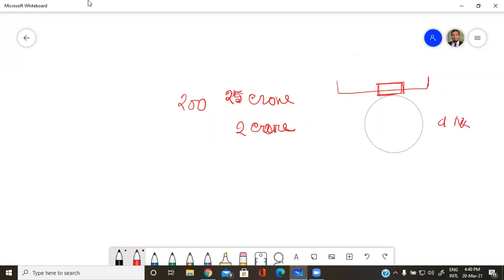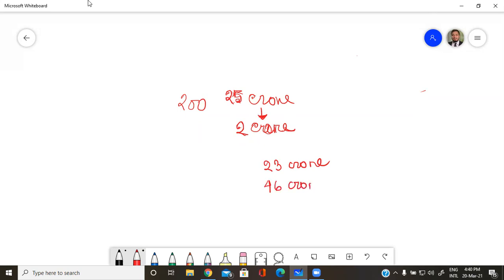Another example: if it has been found that someone is evading VAT, how much has been evaded here? Out of 25 crore, he has paid only 2 crore. How much has been evaded? 23 crore. So the penalty is 46 crore, 2 times the amount which has been evaded. You will see this in section 30.14. So that is all for VAT. We would like to stop our